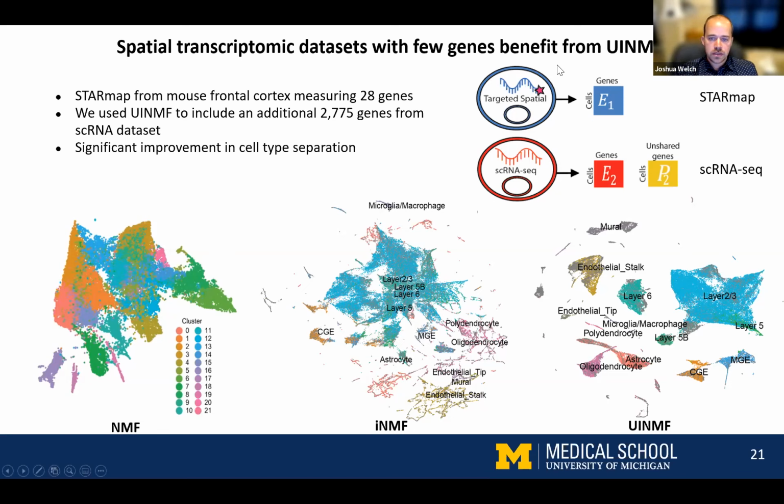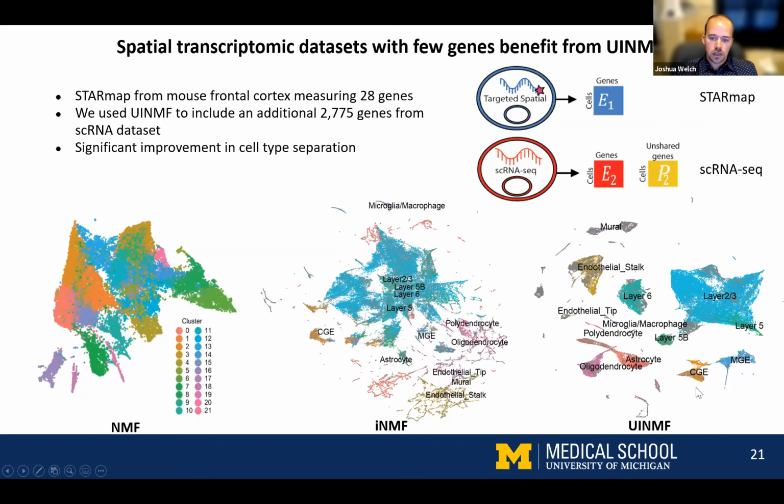And then we did a head-to-head comparison to figure out how much benefit we got from incorporating those extra genes in the single-cell RNA-seq dataset. So what we're showing here are UMAP plots. The left one is UMAP of only NMF run on the StarMap data. The middle plot is UINMF using only the 28 genes that are shared between the StarMap and single-cell RNA-seq dataset. And then the UMAP on the right is the result of using UINMF with 2,700 variable genes plus the 28